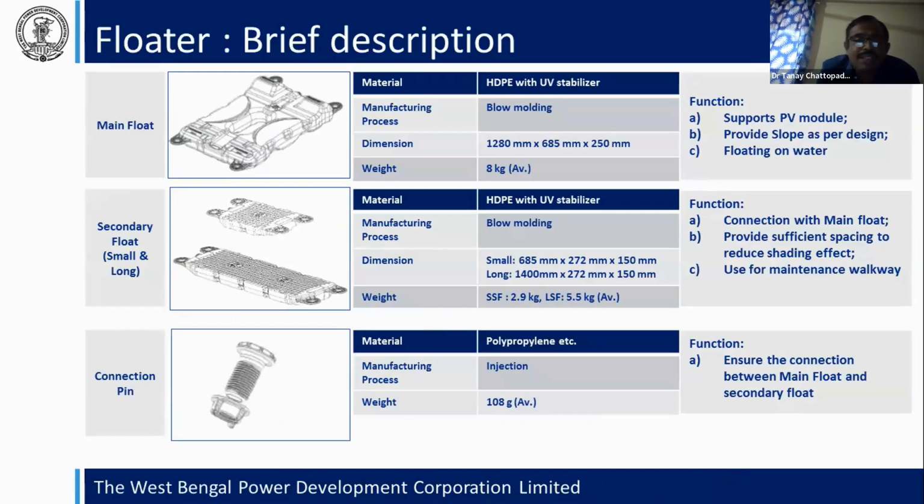What is this? This floats on the water bodies, and there are actually 4 types of floats: the main float, secondary float, and other is the tools float, which is kept for the tools for maintenance. And this type of secondary float is of two types, that is small and big walkway. This walkway is for reaching the panel, and cleaning purpose, maintenance purpose, all are